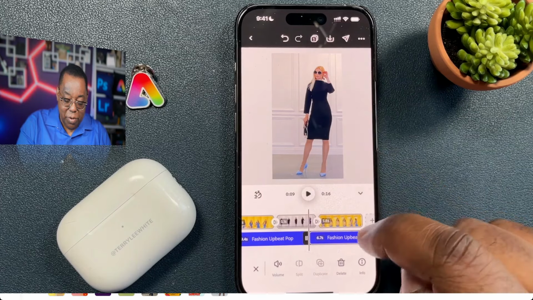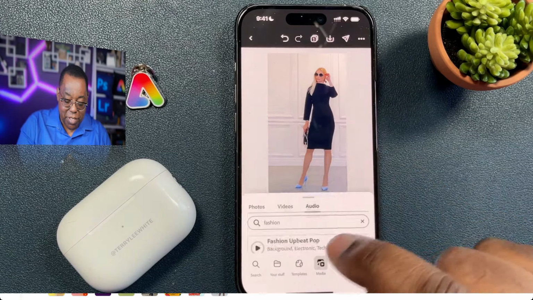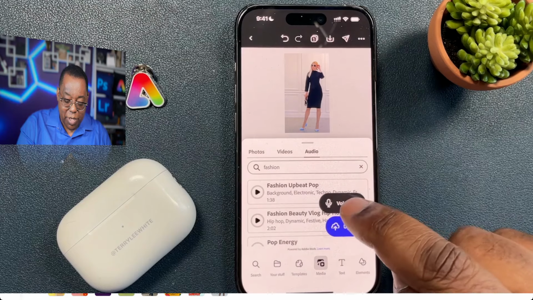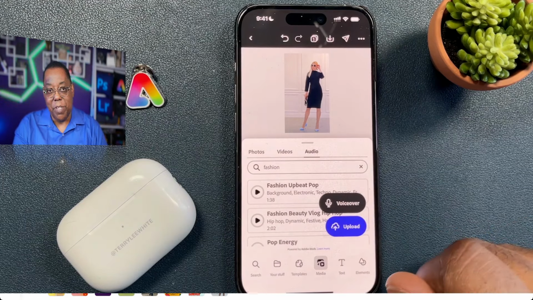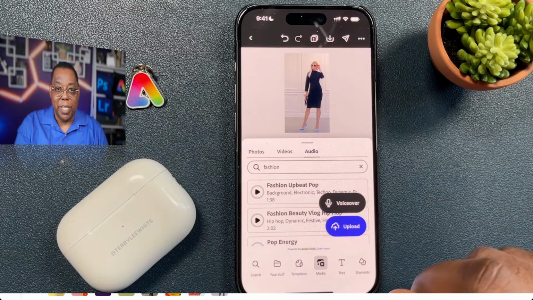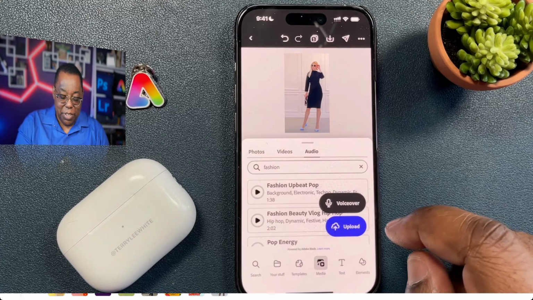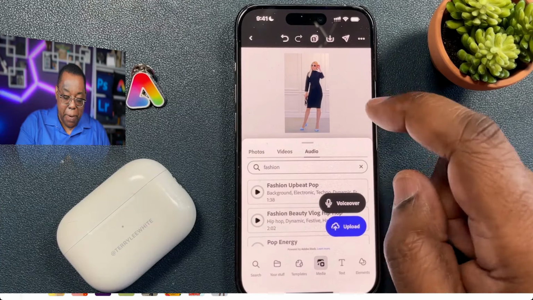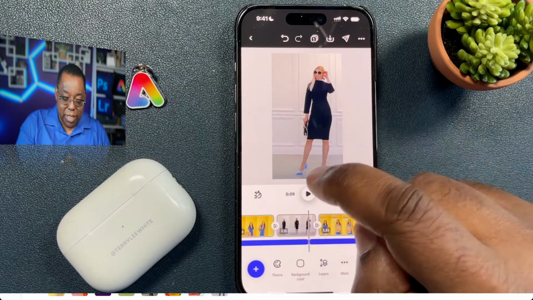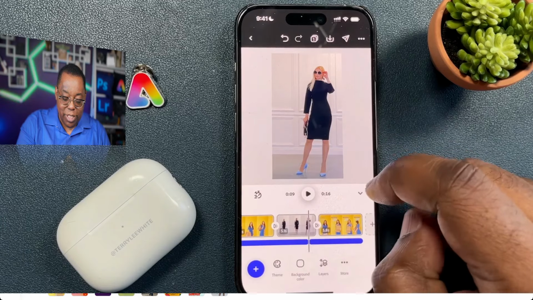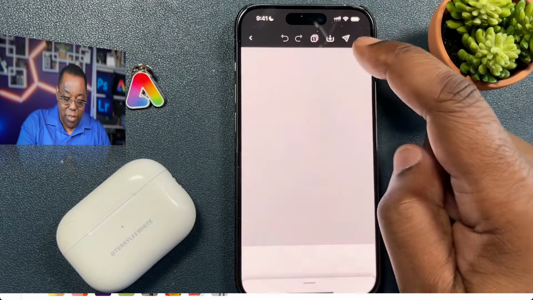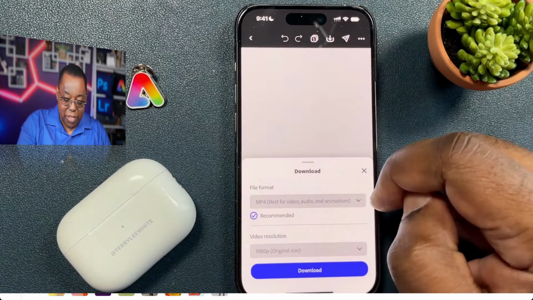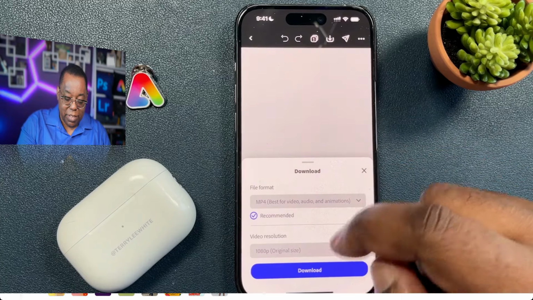But anyway, if you want to also add your own voiceover, you hit add voiceover, and that's going to enable your microphone on your phone. You can talk over your video and add that as well. So you have the ability. Now, I want to point out, it's pretty cool, because if you have words in your video, when you download your video, which I can download to my device,